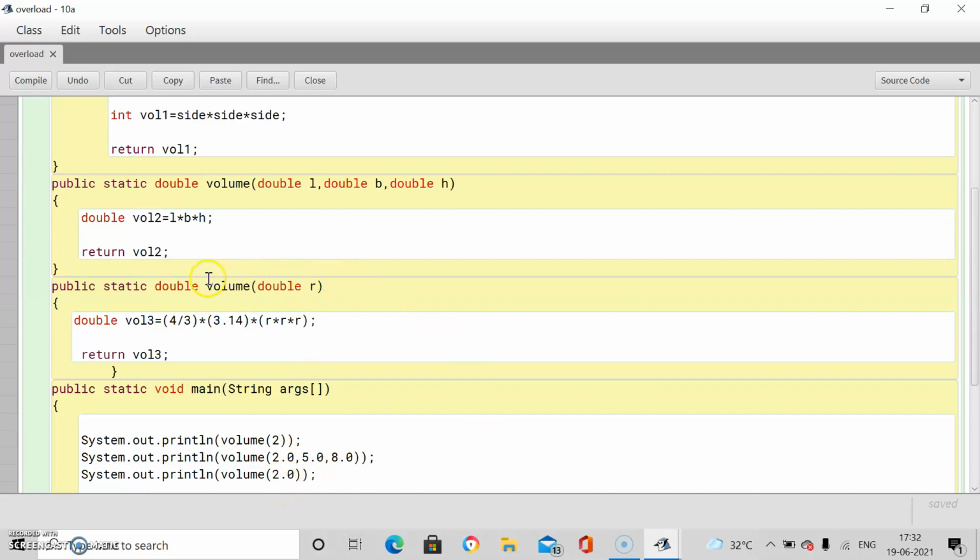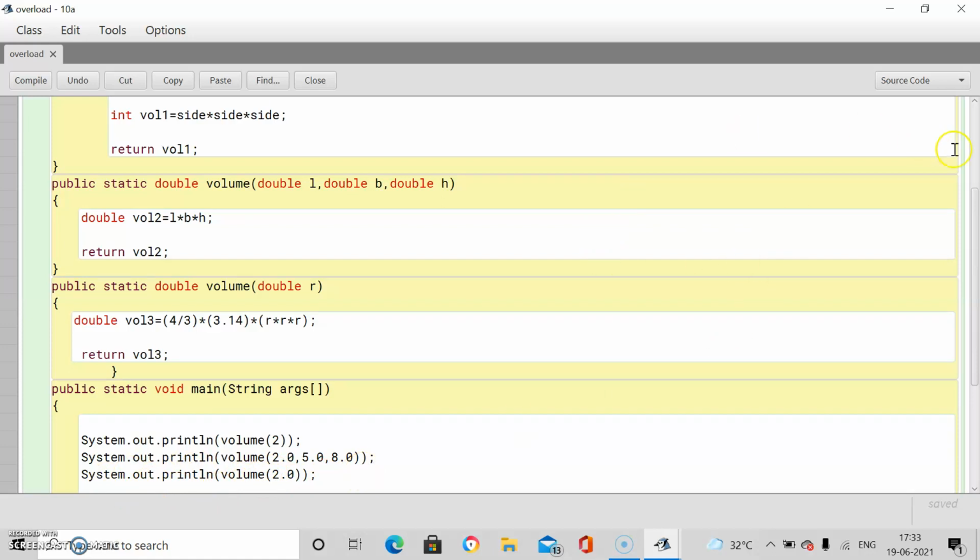Whichever function is receiving the double parameter will get executed on the execution of the third statement, meaning this one. Then it calculates the volume of the cylinder over here and this function returns that volume. We are receiving that and printing it simultaneously.